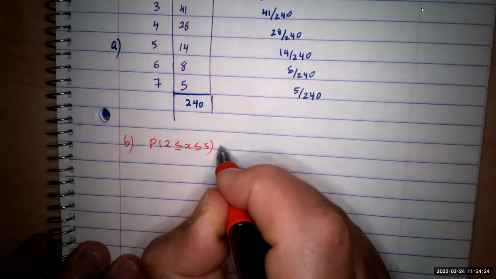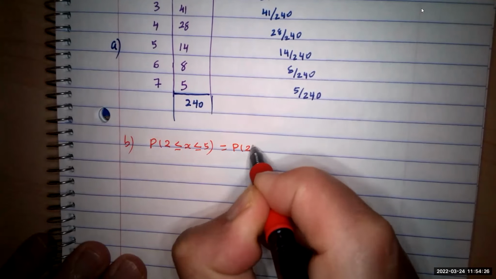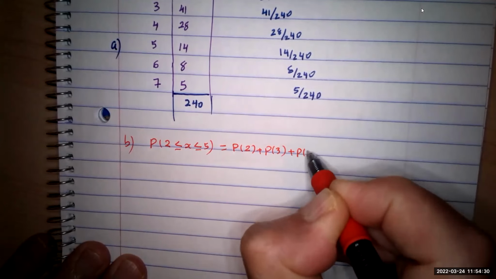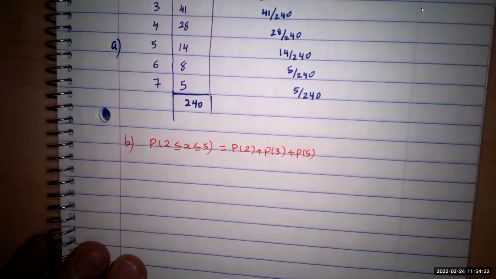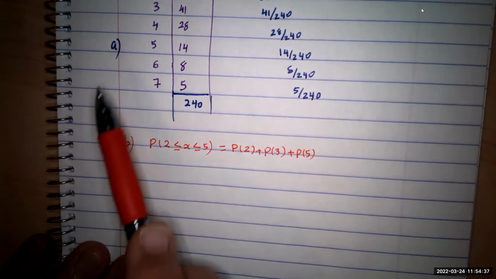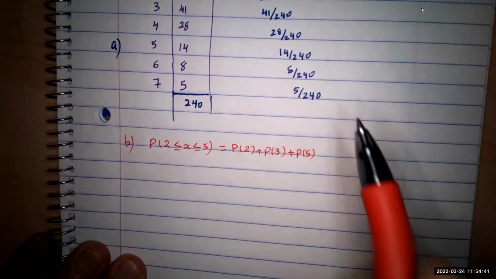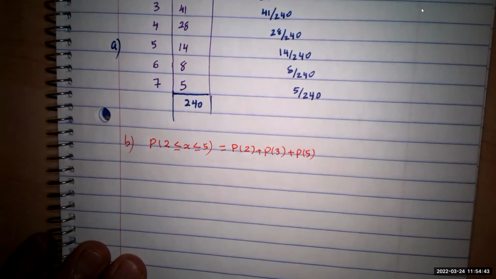A discrete probability means the number between 2 and 5. So this means the probability of 2, 3, and 5. You already got it on the top. You can add them together to get it, or just find this here. You see? So this is going to be equal to